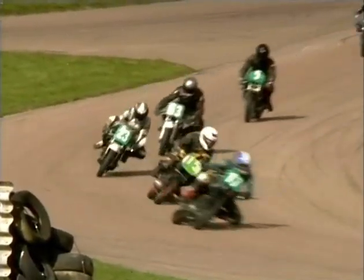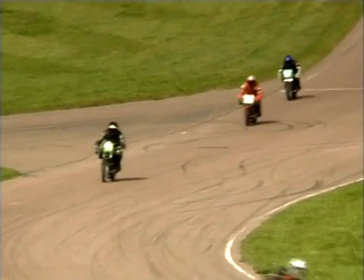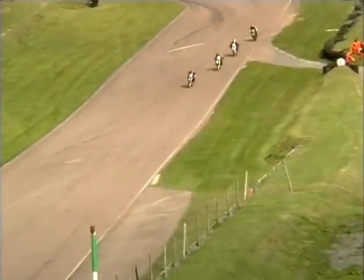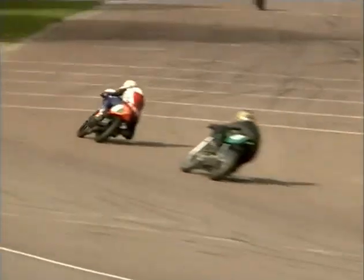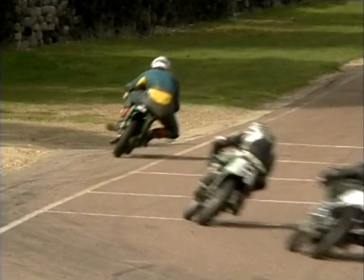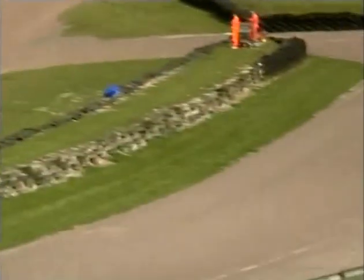And it's very competitive as ever with the MZs. They go around the left-hander again at Devil's Elbow. And the field is beginning to spread itself out and sort itself out now. Camera pans up to look at the leading group coming down Perry Hill then and into Paddock Bend. It is the 4 machine of Matt Goldsmith that still holds that advantage that he took from the change of the lights. Gap back to number 8 Andy Bettridge, and then it's Matt Higgins behind him, and I think that was John Welfare next. Mark Casali very wide going out of Paddock there, but once again he did keep it